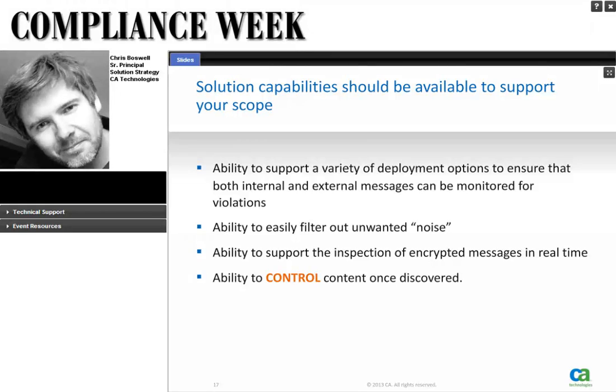Maybe you use encryption technologies. If you're encrypting everything in the email, you might need to consider some technology that will allow you to inspect that content before it gets encrypted so you can supervise it properly, so that your users aren't using your encryption against you to bypass surveillance capabilities. And then finally, probably one of the most important aspects is to make sure that your solution can not just notify you when things are going on, but also provide guidance to the users, for more proactive control over how that content is being used within your organization.